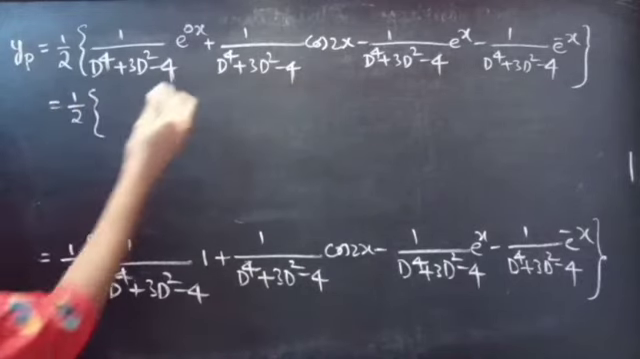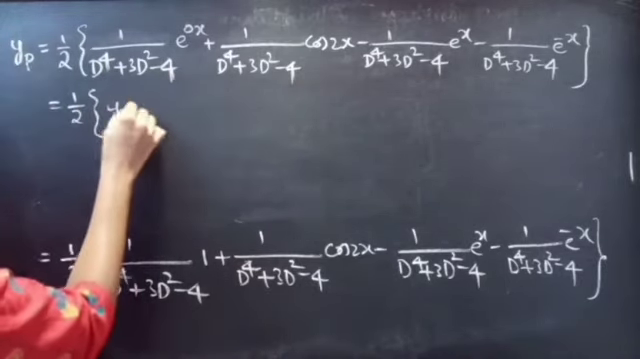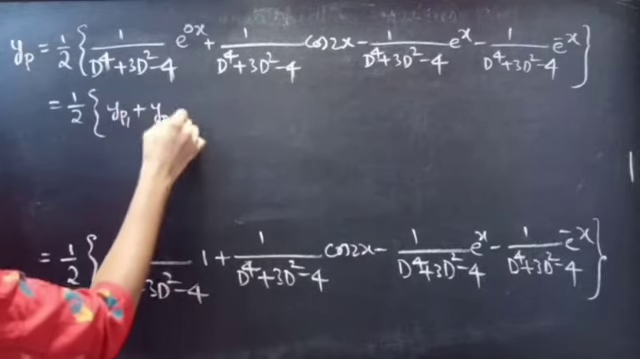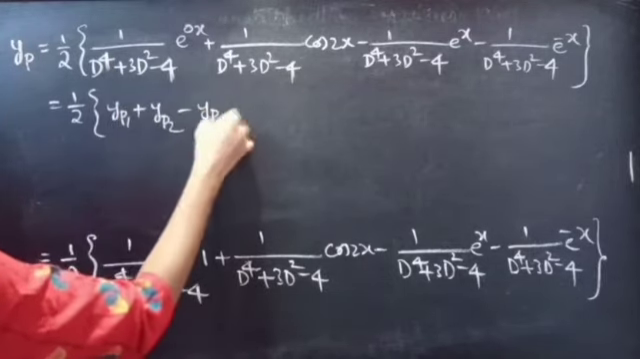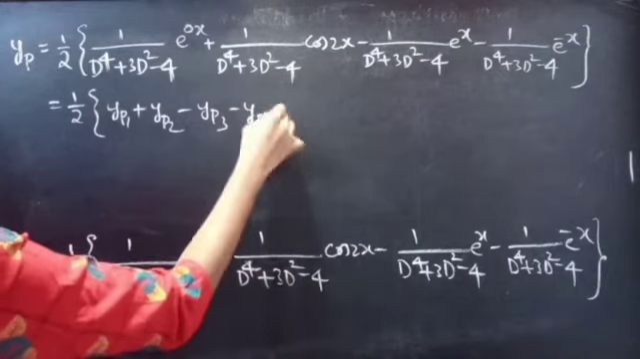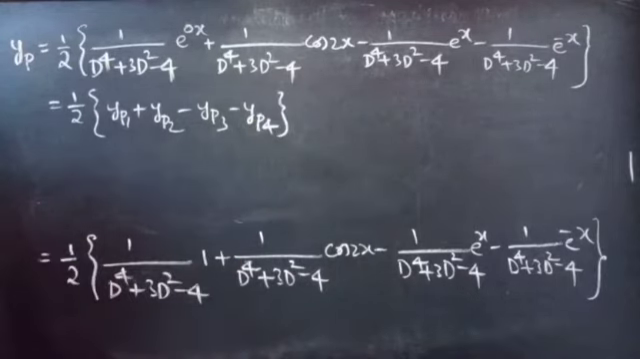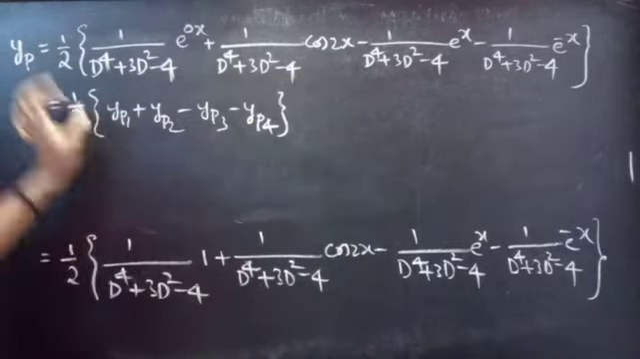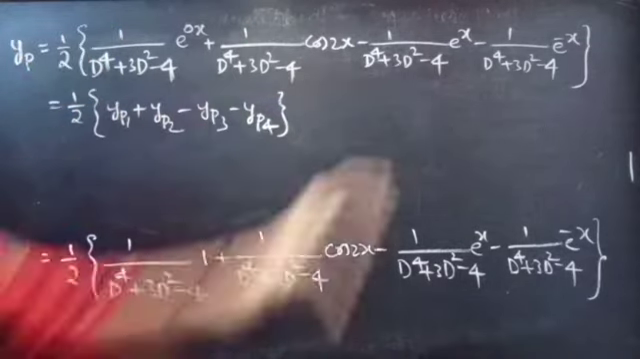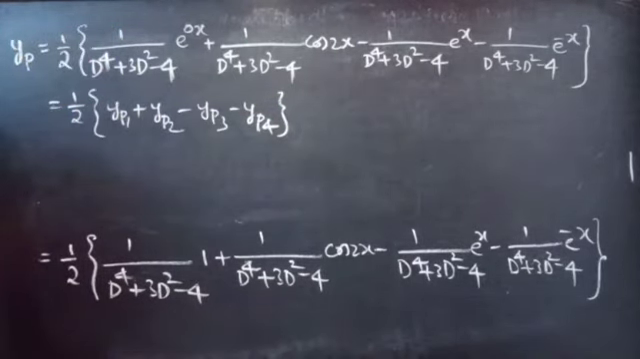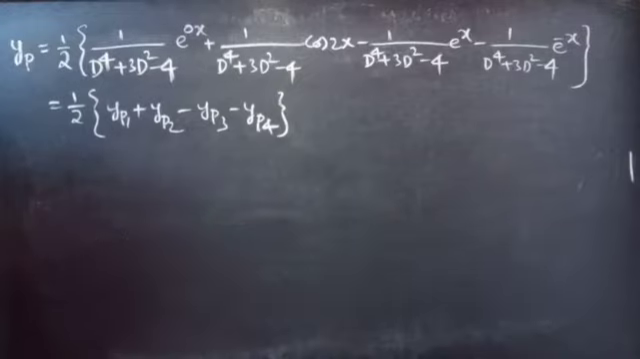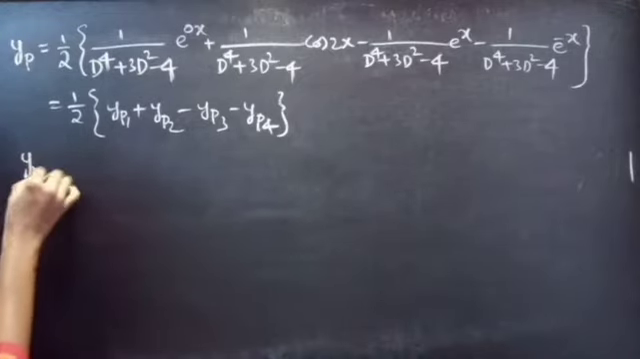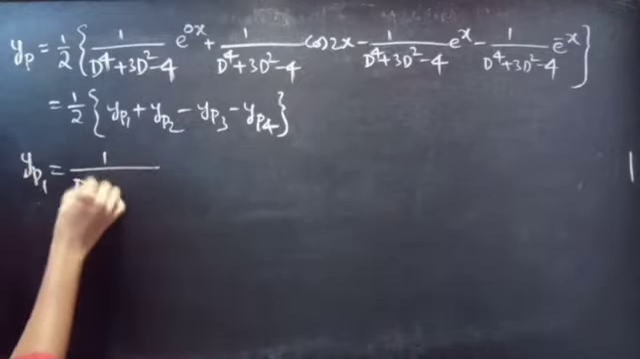Now, I will name the first term as yp1 and the second term as yp2, the third term as yp3 and the last term as yp4, so that it will be convenient to find each term separately. So let's find yp1 firstly: 1 by f of d